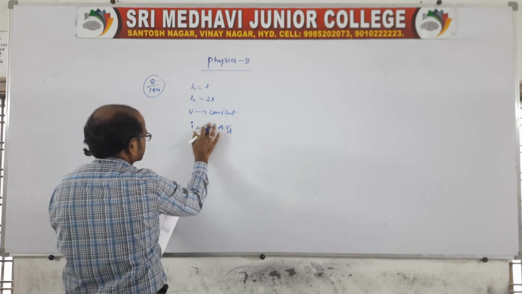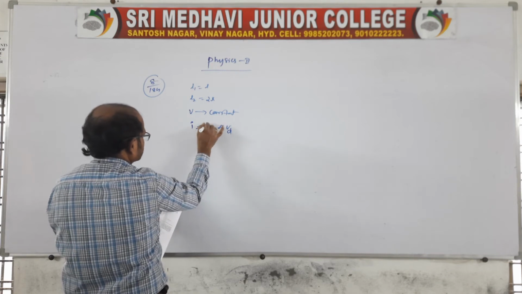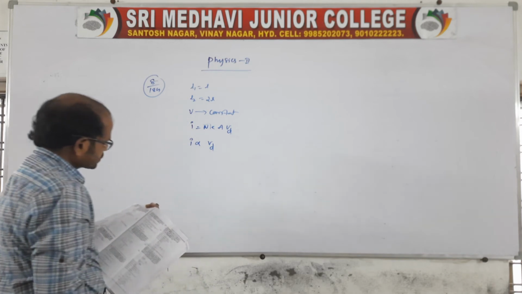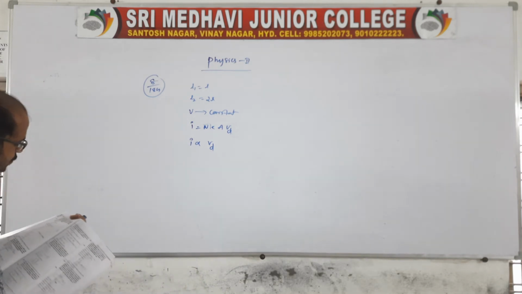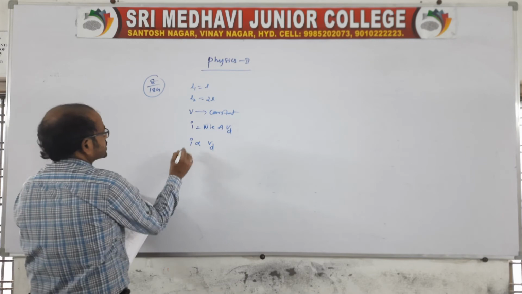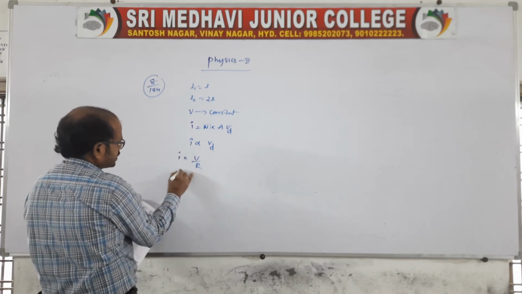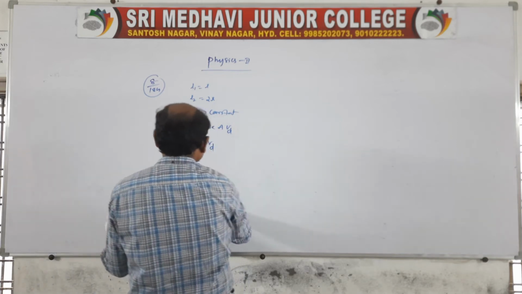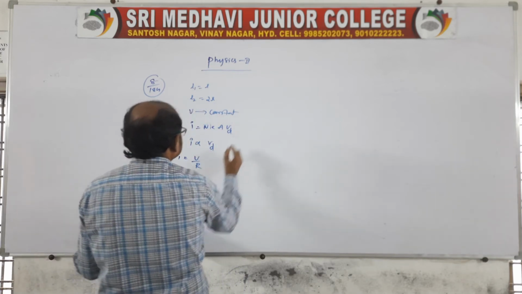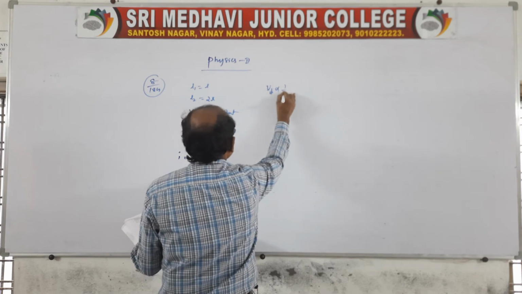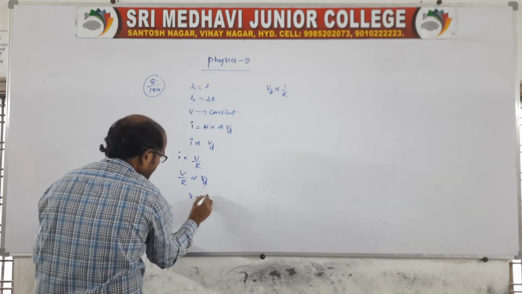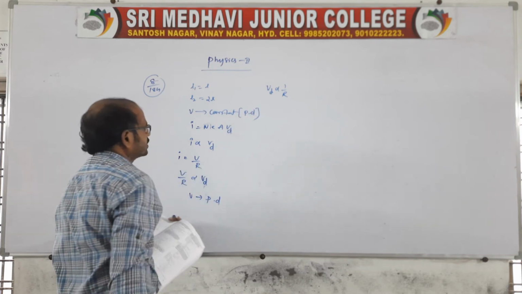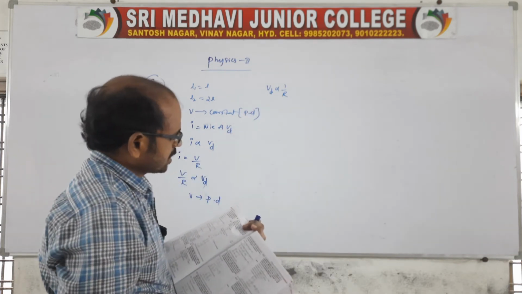This is the relation, capital N you take. So I is directly proportional to Vd. Yes, of course, not required more than that, right? So here I is nothing but V by R. It is V by capital R is directly proportional to Vd. Therefore Vd, then Vd is directly or inversely proportional to R, because V is constant. V is nothing but a potential difference, which is given as constant. Then Vd is inversely proportional to capital R, right?